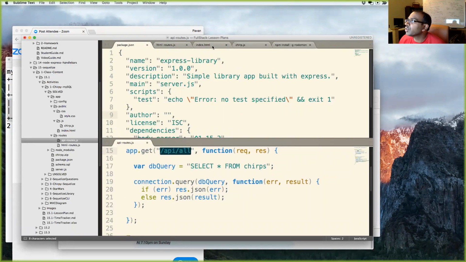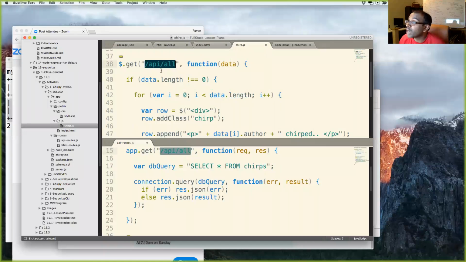And if I go back to chirp.js, we see that this is the front end JavaScript and this is the back end JavaScript, completely different from one another. Now, I'm saying make a GET request to /api/all and basically grab it.